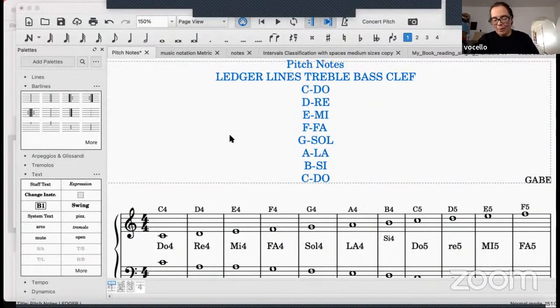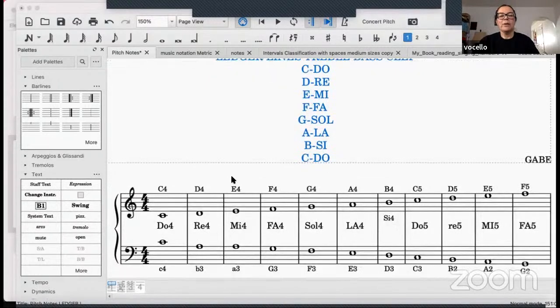So today we're going to talk about the pitch notes, which means the name of the notes within each octave, and the key signature, major key signature. So the name of the notes: